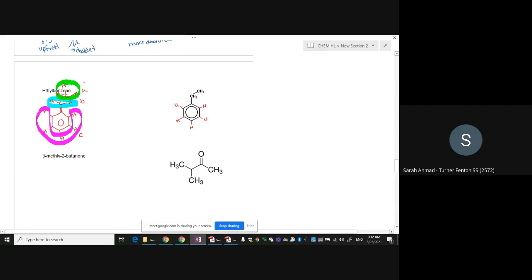So let's look at the first one. The methyl hydrogens will get split by the carbons next to it, but they're not enough. So say I put a hydrogen here and I count 1, 2, 3. These protons are close enough, but 1, 2, 3, 4, 5. The benzene ones can't interact, so there's no splitting, and so therefore it's itself getting split by 2 neighboring hydrogens. So it is going to be a triplet,